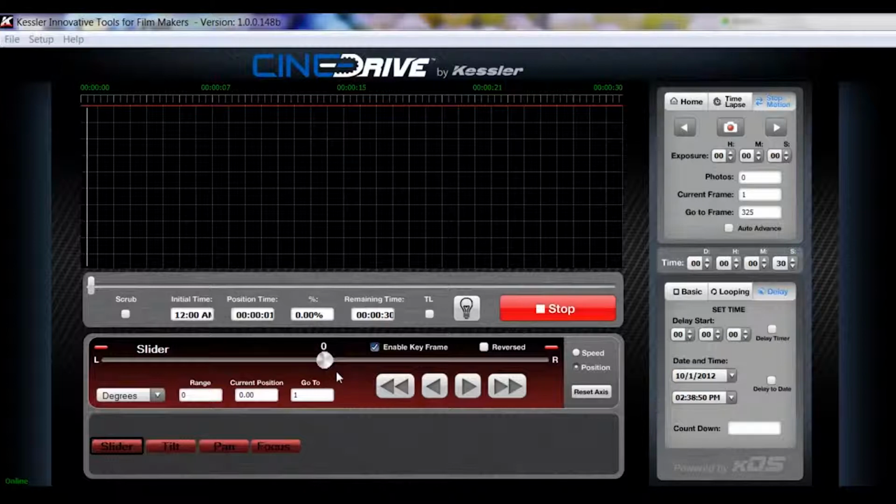Starting at calibrating an axis. Okay, so this slider device here is what we're going to use to move our slider into position. So I'm going to go ahead and move it to my far left limit on the slider and hit